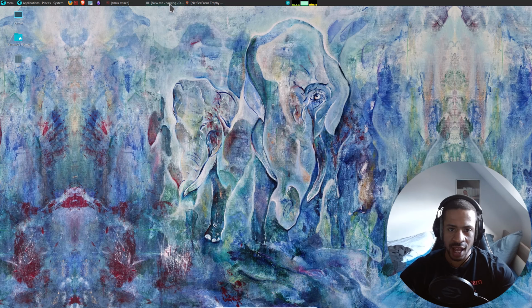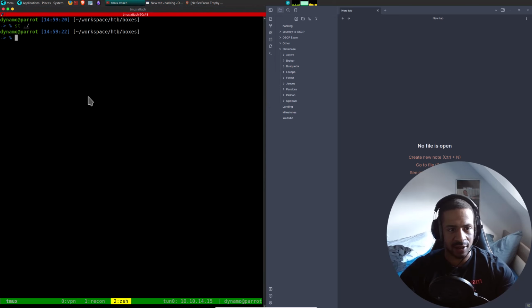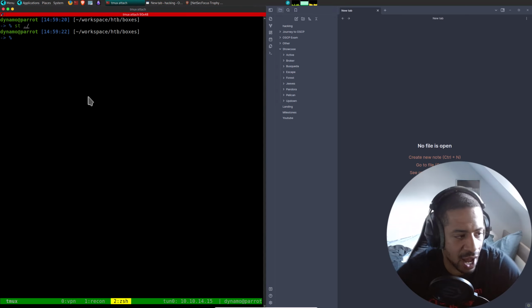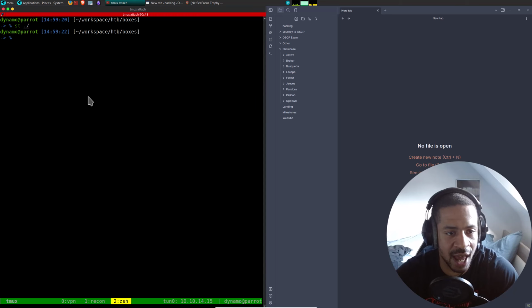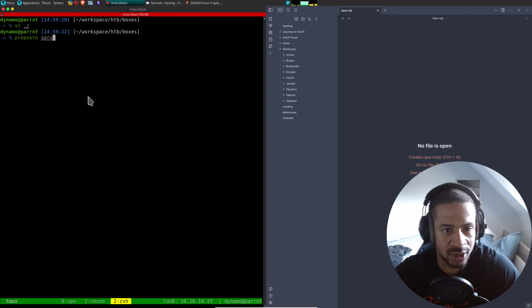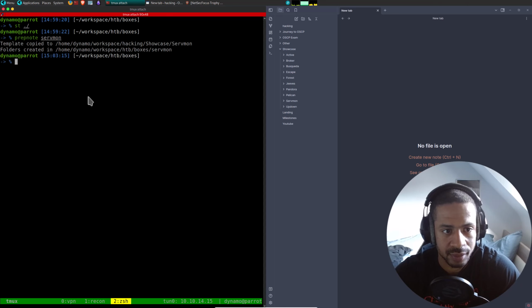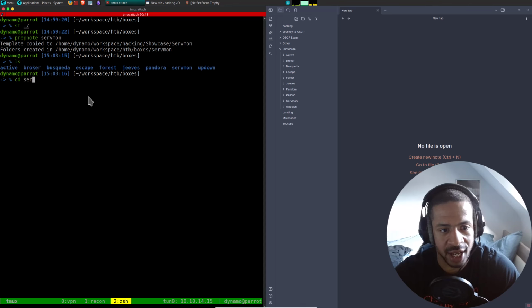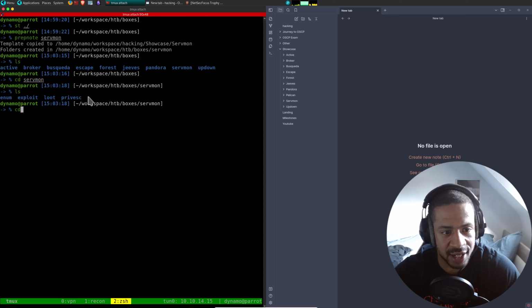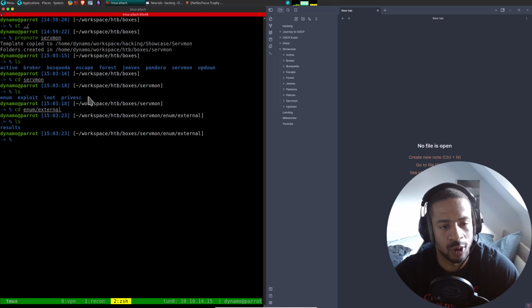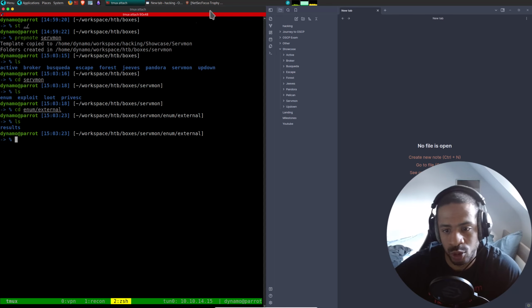So as usual, I've got my notes and my folder ready, and I've already ran the Nmap, the auto recon, because it does take a lot of time, but I will still go through the normal process. So prep note Surfmon, like so, and then I can go into Surfmon and into enumeration, external, and I will already have the results there because I've already ran auto recon.